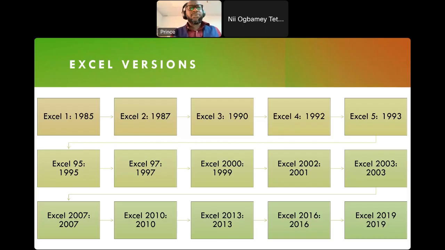One of the key things you need to know is, if you are using Excel, you need to know the version of Excel you are using. Because periodically, once there's a new release, it comes with some differences, and therefore it is important to know which Excel you are using, whether you are using the perpetual installation, which is from Excel 1 up to Excel 2019, or the cloud version, which is the M365 or the O365, or any of them in that matter. So that's a brief history about Excel.